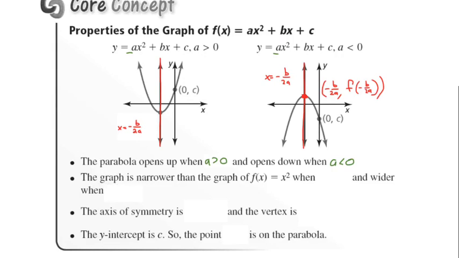The graph is narrower when the absolute value of a is greater than 1. Basically, here's what that means. The graph starts shrinking, starts getting more and more narrow the further away you get from 1. So like 2, 3, 4, 5, 6, 7, 8, the graph is going to get really, really skinny. Even with negative 2, negative 3, negative 4, negative 6, it's going to get really, really skinny, just open downwards. It's going to get wider when the absolute value of a